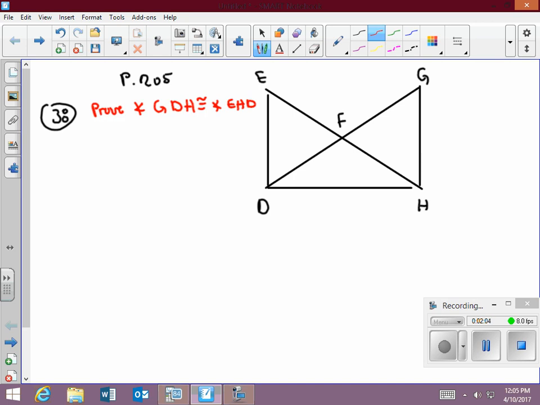So it's this angle congruent to this angle. That's what they want us to prove. And what they have, so if we're doing a proof,